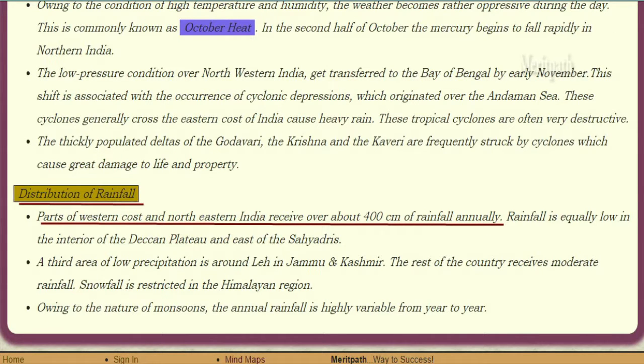Distribution of rainfall. Parts of the western coast and northeastern India receive about 400 centimeters of rainfall annually. Rainfall is equally low in the interior of the Deccan Plateau and the east of the Sahyadris. A third area of low precipitation is around Leh in Jammu and Kashmir. The rest of the country receives moderate rainfall. Snowfall is restricted only to the Himalayan region. Owing to the nature of monsoons,